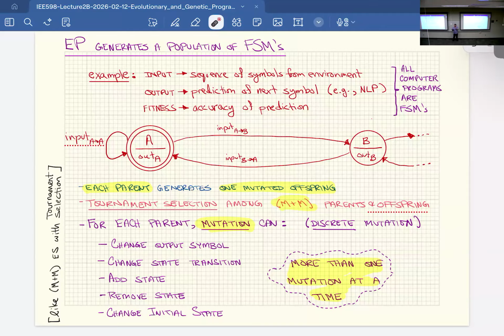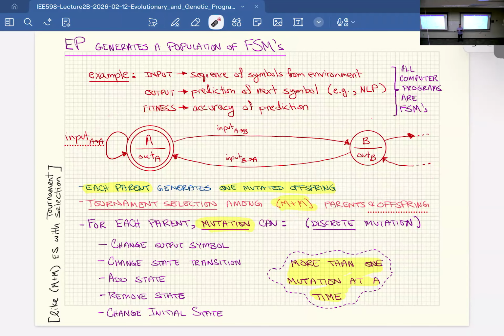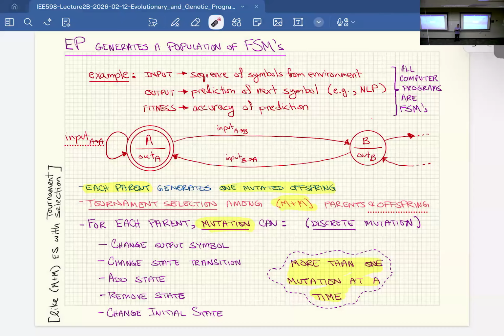So the key thing is, because we have no crossover, we don't have to build a crossover operator that figures out how to crossover between these things. Because how would you cross a state machine that had 2 states with a state machine that had 200 states? Where is the crossover? So we get rid of crossover, it allows us to use state machines. Then we just have to come up with a mutation operator. Kind of a reasonable mutation operator, it's just a discrete mutation. So, and then it's just basically a normal GA.